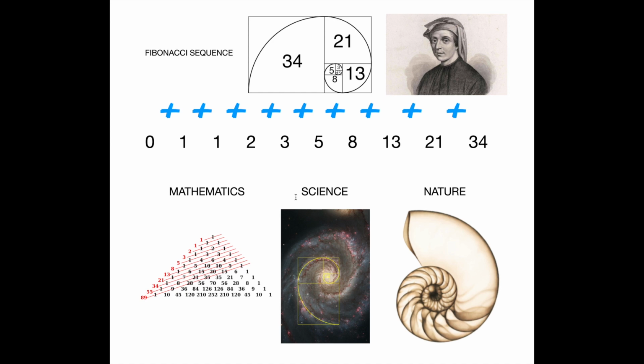Hi guys. So in this video we'll talk about the Fibonacci sequence, which is a series of numbers in which each number is the sum of the two preceding numbers, starting from 0 and 1. The sequence goes like this: 0 plus 1 equals 1, 1 plus 1 equals 2, 2 plus 1 equals 3,